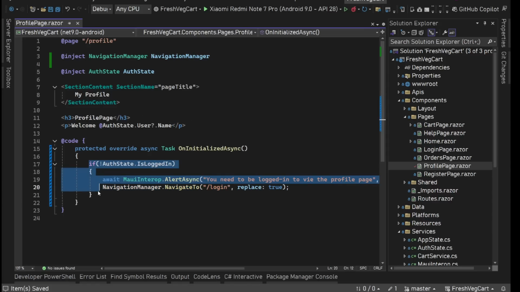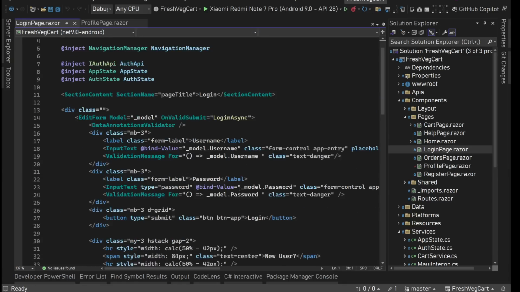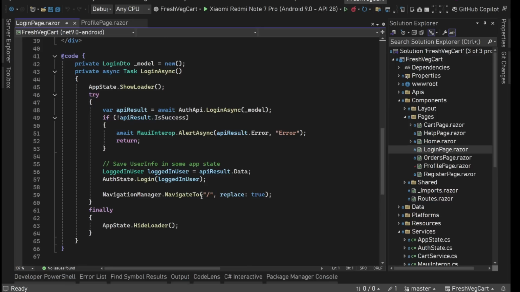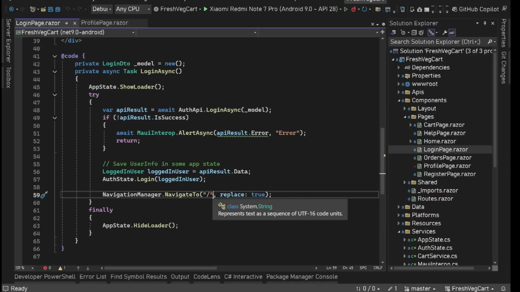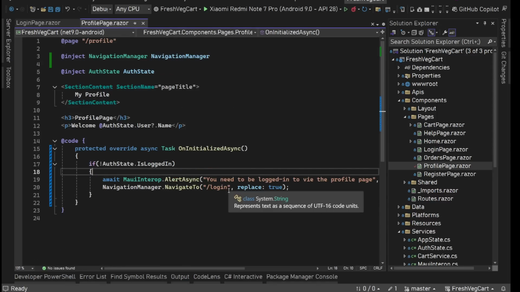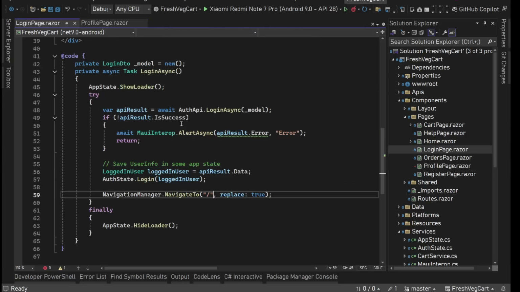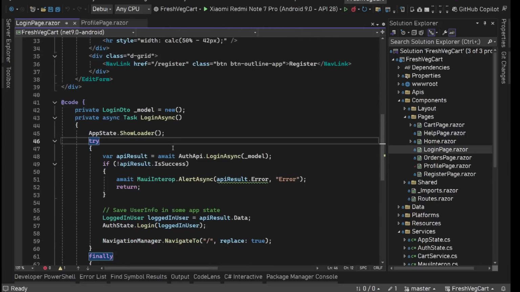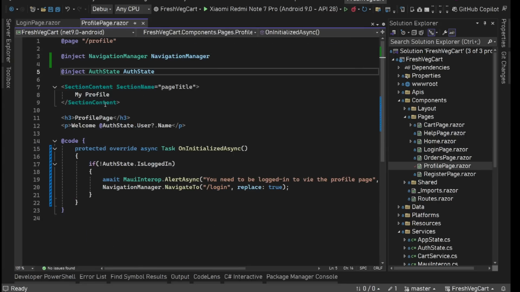for the default case. Then what should be happening after login? It should come back to this page only. It should not go to the, because on login page if we see after logging in, we are redirecting to slash. This should not be the case, because if we are coming from profile page after logging in, we should go back to profile page only, right? So for this, we can have multiple approaches. One thing is, on this login page, we can have some query string parameter, or